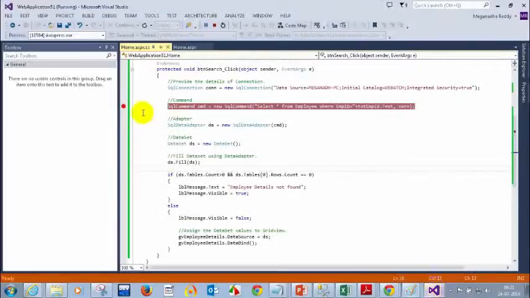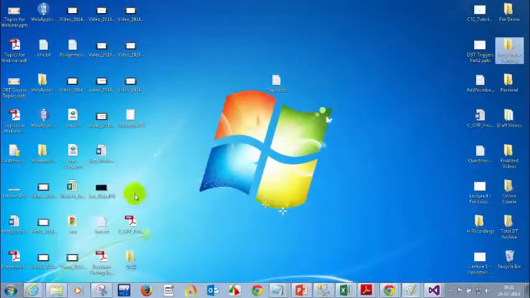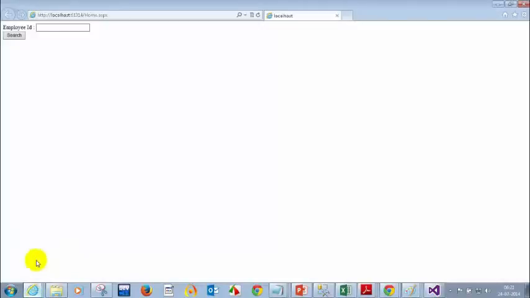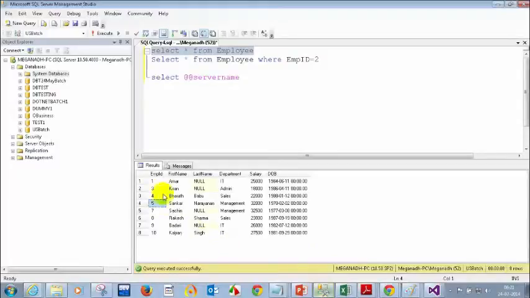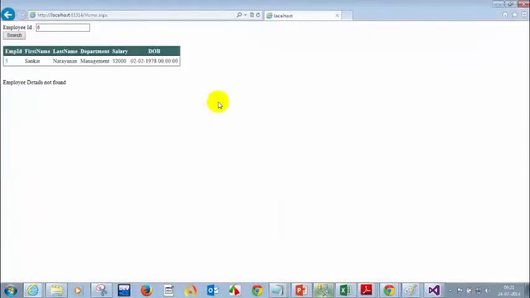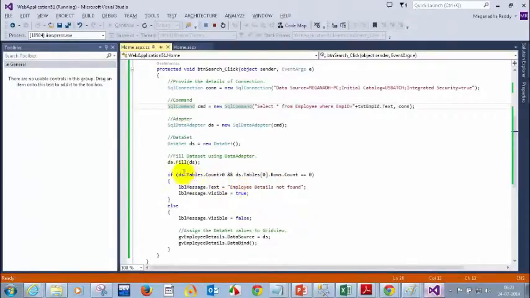Let me remove this breakpoint and go to this place. See now if I enter 5, and if I enter 6, I'm getting the respective employee IDs. If I enter 6, we don't have 6, but still I'm seeing this grid view. So when you are displaying this error message, you should set the grid view's visible to false.